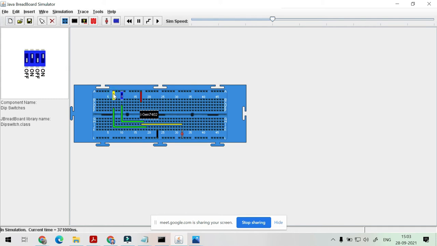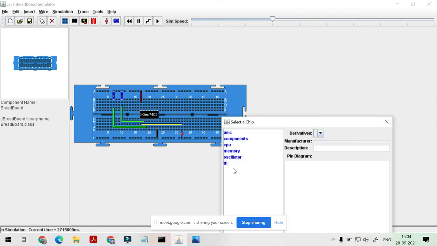When you have to switch on the input switch, you have to double click this gate. See, I think the output we have taken. When we have 0, did we correct this?